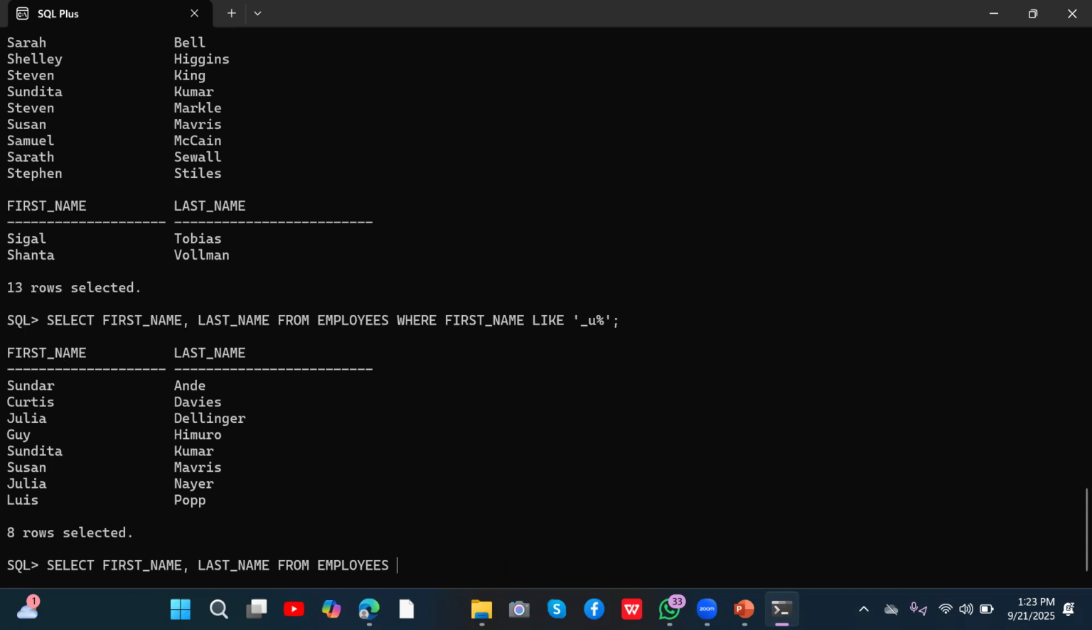Another example to get it right. Select first name. Let us assume we want individuals whose last name ends with the letter R. For example, there's Julia Delinga, whose last name ends with the letter R. There is also Sundita, whose last name ends with R. But you cannot see this with your naked eyes. So we are going to use the LIKE operator, where, in capital letters,